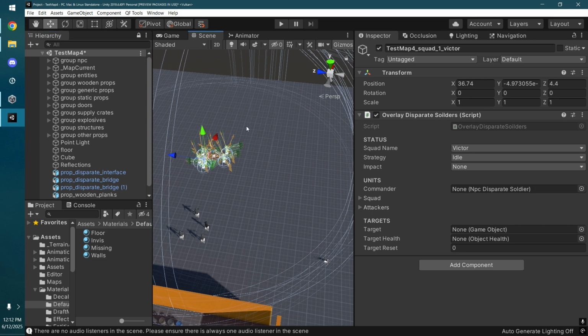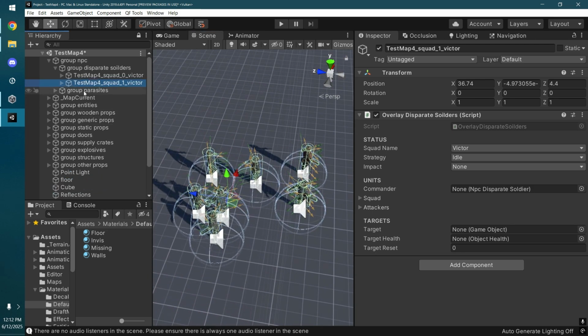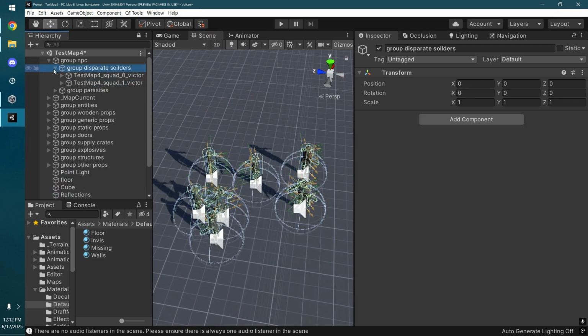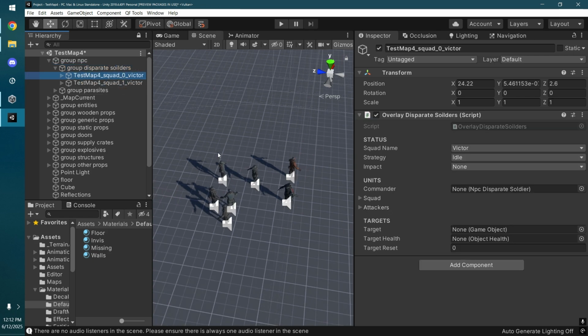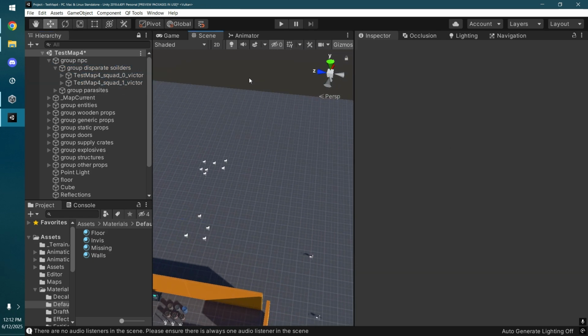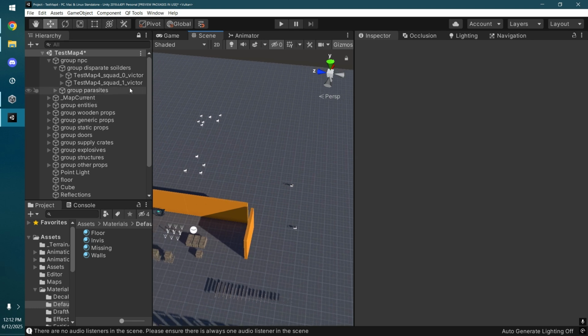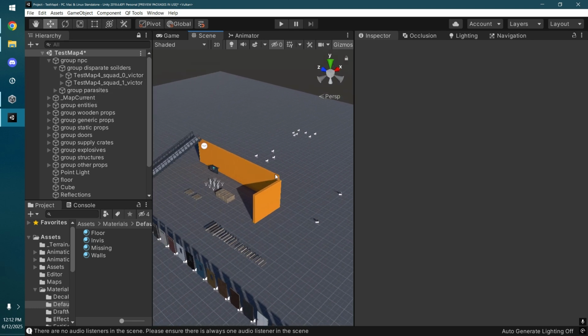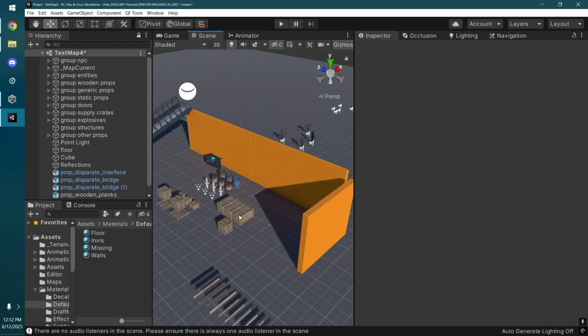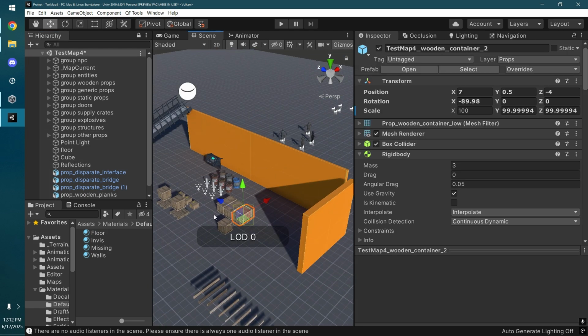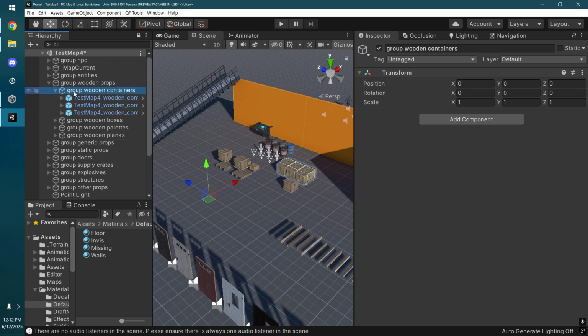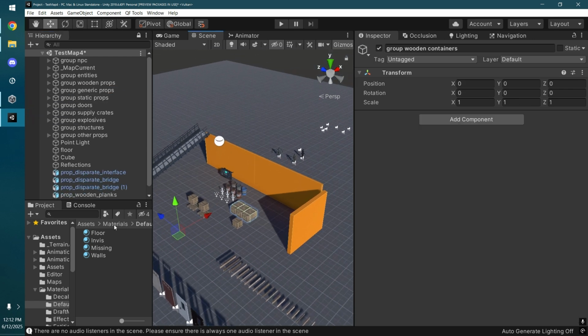Yep, where they are now, in this group right here. So this is how you could organize the scene. As you could see, these boxes, they are also organized. If you add more props,